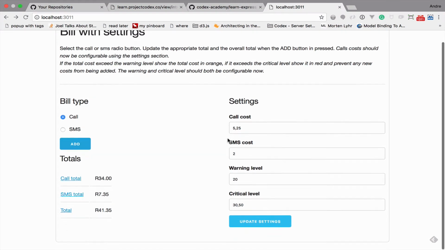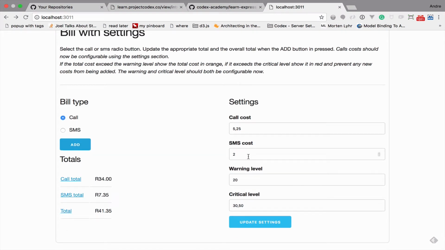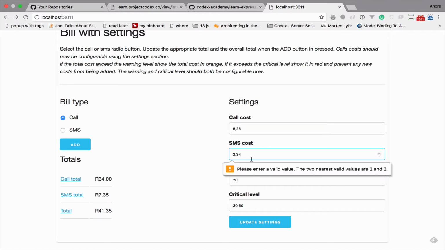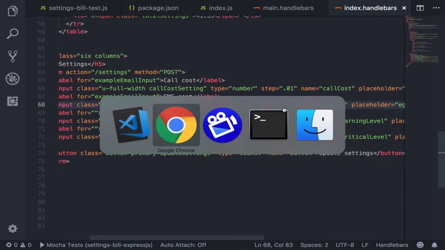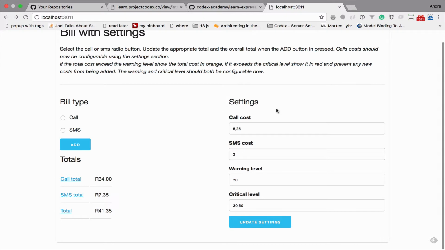Okay, so now we have our form working, our settings on this side. I don't know if you noticed just now when I tried to add a decimal number in these fields here, settings. I clicked on update settings, we're getting this error, and we really want to be able to add decimal settings. The way you can fix that is by adding a step attribute into your input type that's a number. So if you say step, SMS cost settings, step, so it's a number, and I add step 0.1, and I refresh that, so now I can add 2.25,